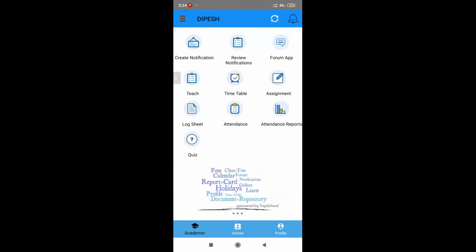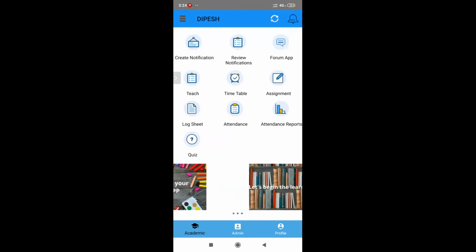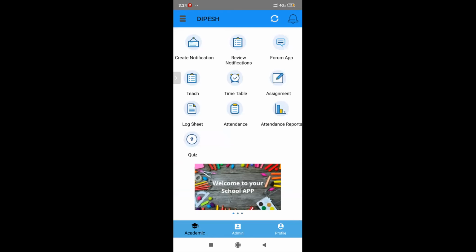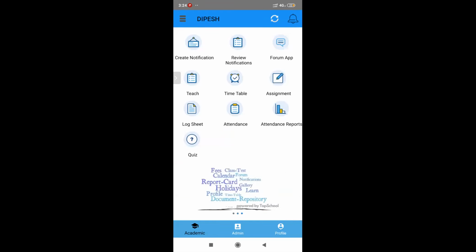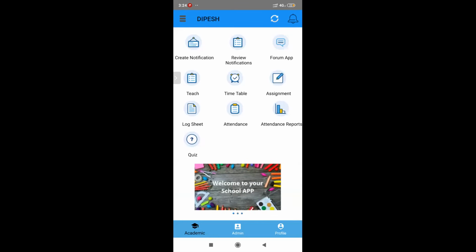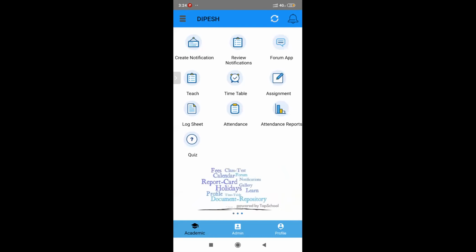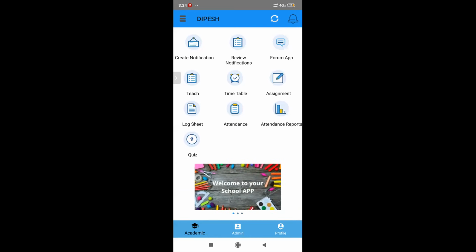Yes, there is a facility where only admin can send messages. If only admin can send, then that's a one-sided notification, so Forum is not required for that. Forum is a two-way notification which can be used. If you want to send only a one-way notification, then there's the notification center for that.